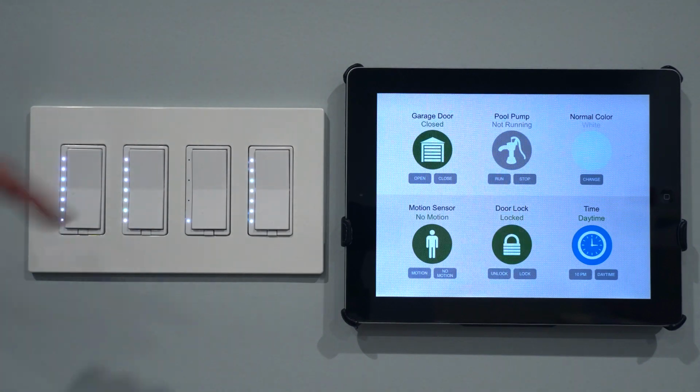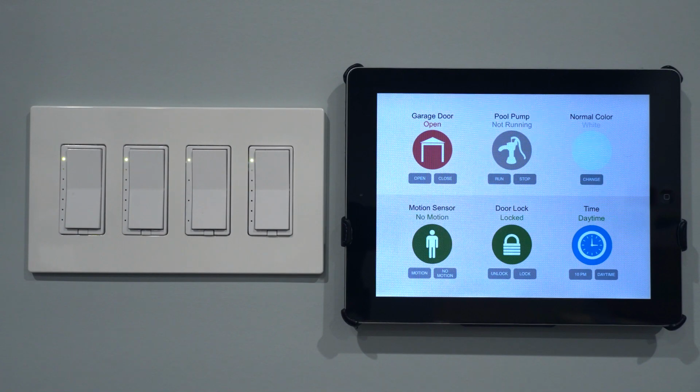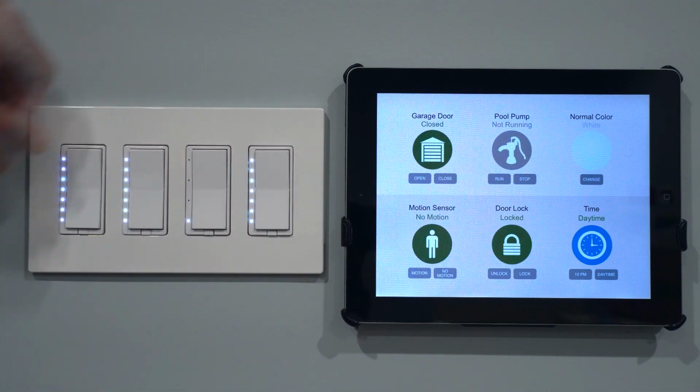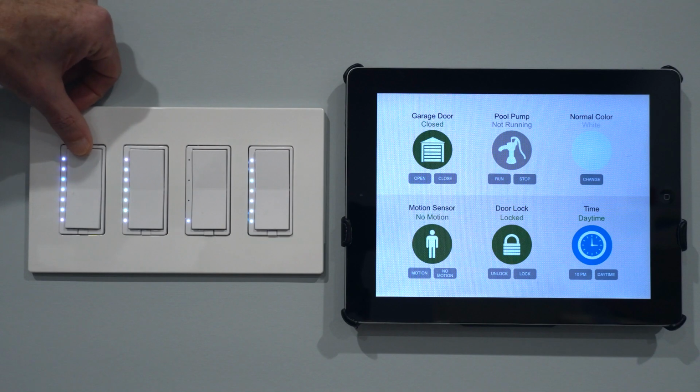Now let's take a look at the scene control capabilities of the dimmer. 2 taps is programmed to open the garage door or close the garage door. 3 taps will unlock the door or lock the door. 4 taps will cycle through the various colors: